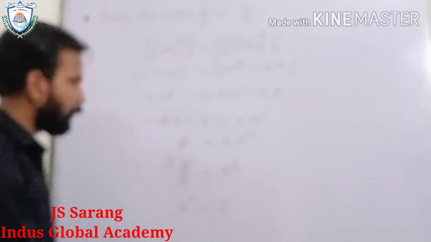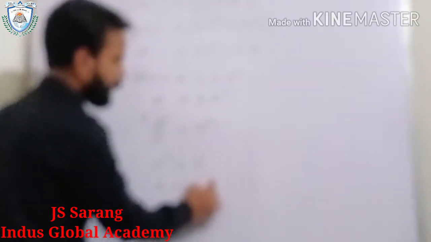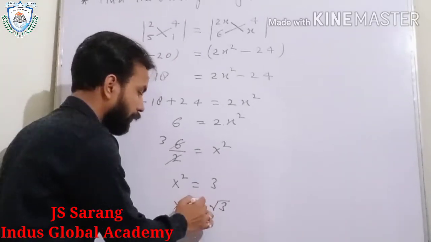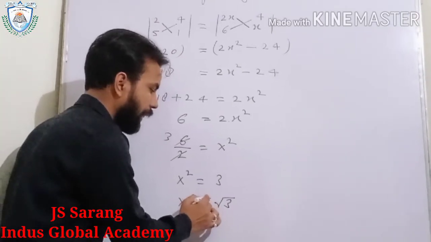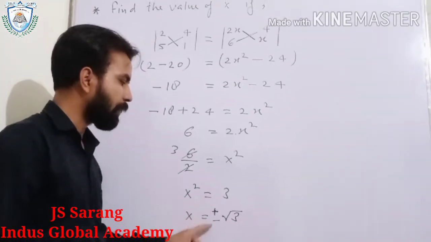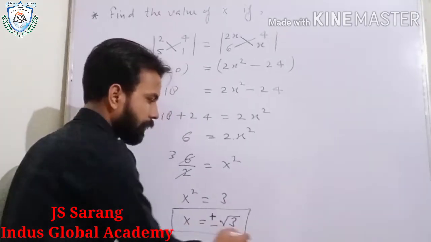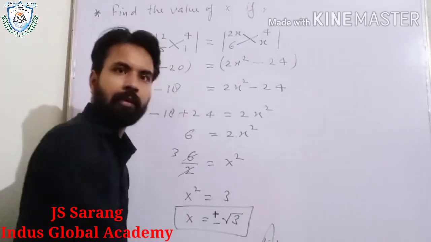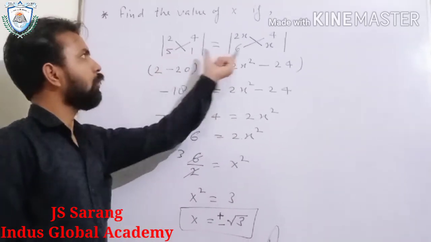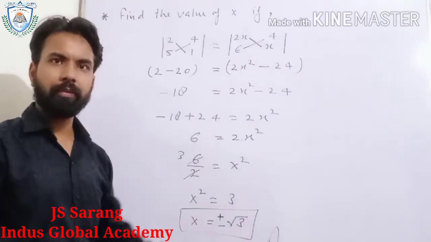But we have to find the value of x. So we have to remove this square. So x equals square root of 3. But whenever we take the square root, we have to take both sides, positive and negative. So the possible value of x here is plus minus under root 3. Is it clear to everyone? This is our answer. So this type of question we will solve by finding the value of both the determinants. Understood? Hope it is clear to everyone.